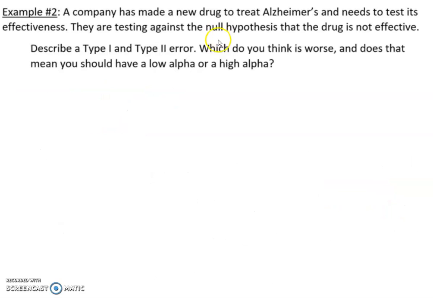Example 2. A company has made a new drug to treat Alzheimer's and needs to test its effectiveness. They are testing against the null hypothesis that the drug is not effective. So this is the more common type of question you'll see. They tell you what the null is, so we don't have to decide. So a type 1 error would be that the null is true and we reject it. So that the drug is not effective,